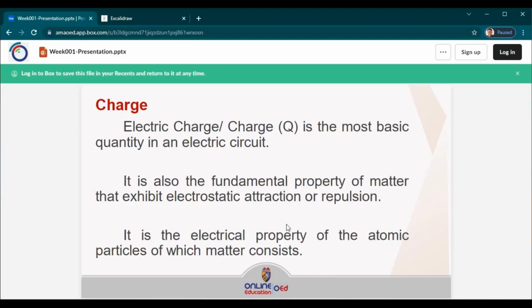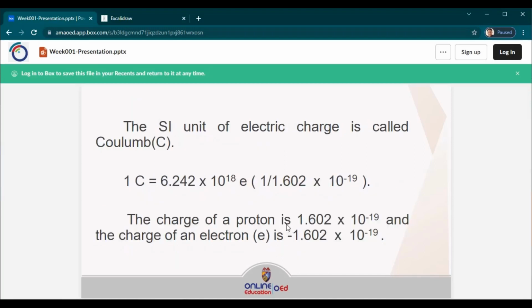Charge or electric charge is the most basic quantity in an electric circuit. It is also the fundamental property of matter that exhibits electrostatic attraction or repulsion. It is the electrical property of the atomic particles of which matter consists. So the SI unit of electric charge is called